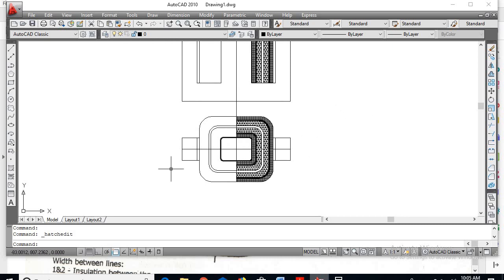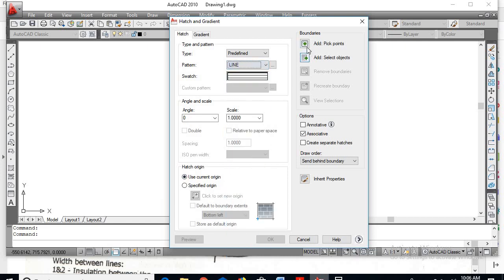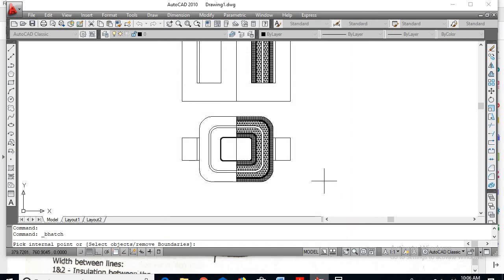Okay, so now remove the unwanted portion. This is the line which has been drawn, and go for trim command, right click, remove this line. So now go for hatch command, go for lines, go for add pick point.